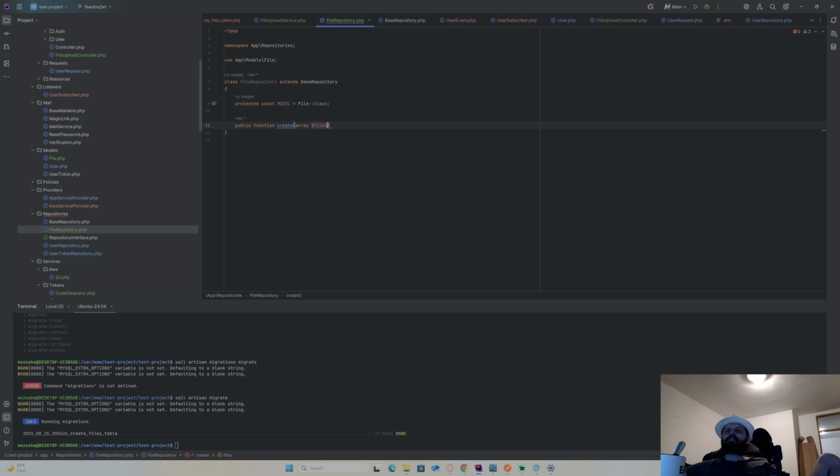And now let me just see something here. I will have to pass it the model that will be bound to the file. Let me just check how we do that. It can basically be any model. In this case, there's no difference which model it is.